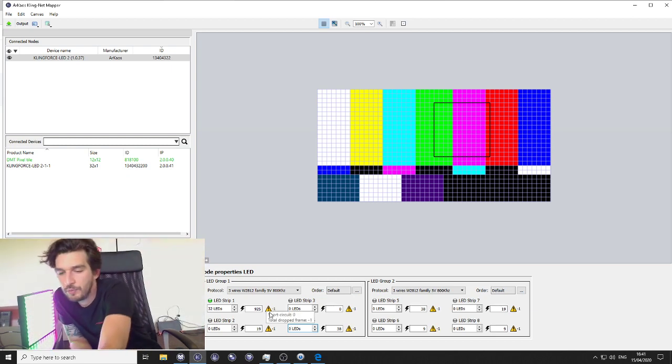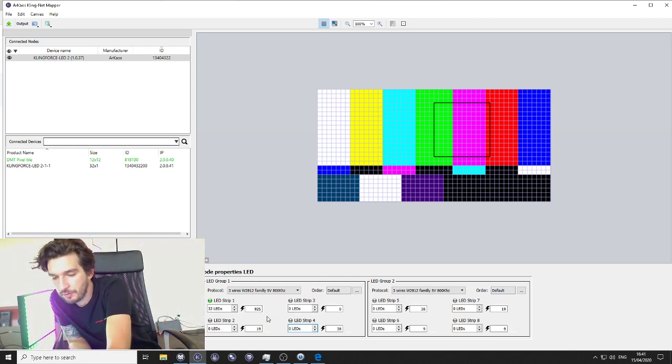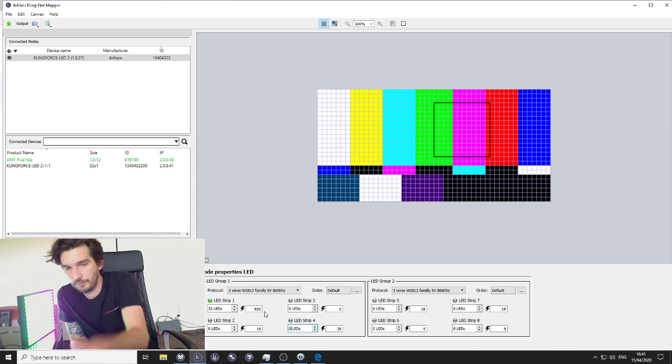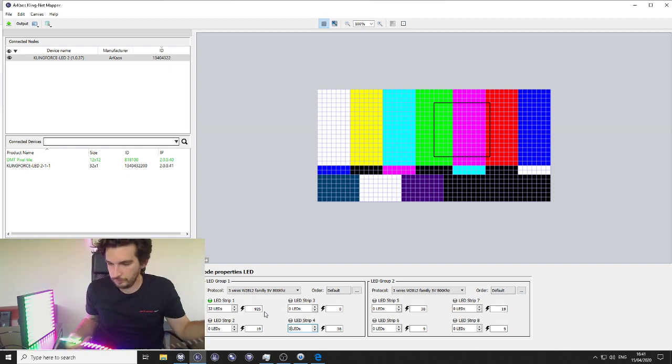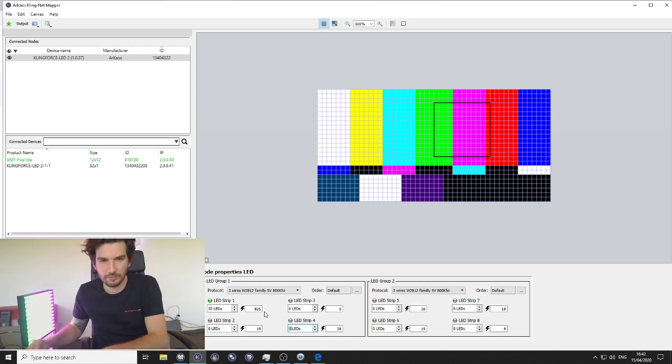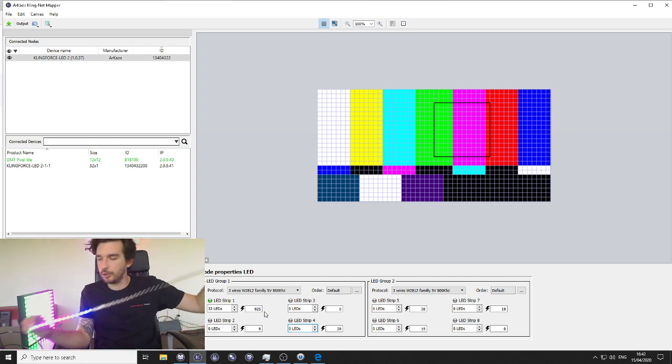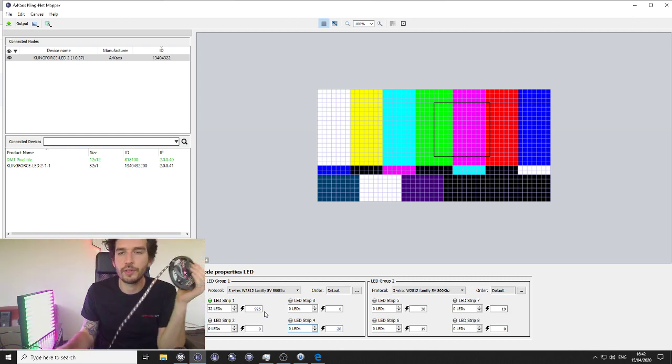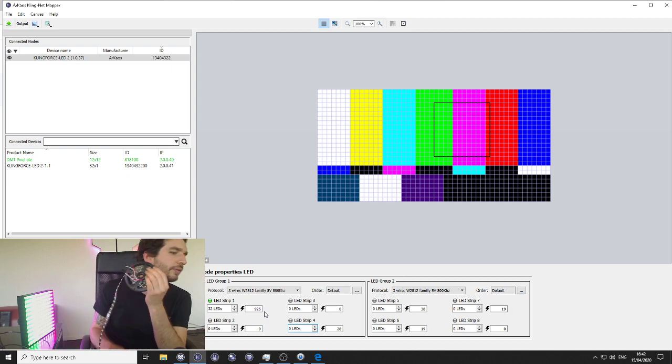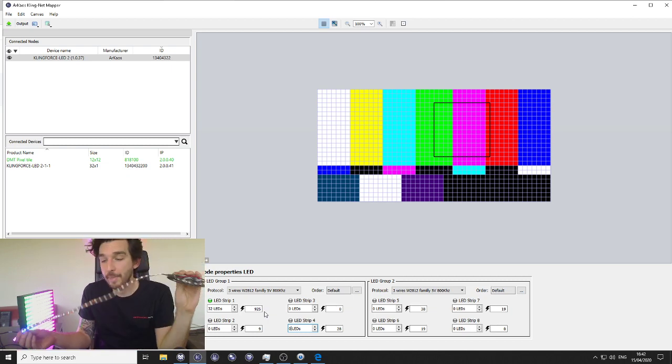I'm going to try to give you a better shot of the tape. Okay, that won't be possible. Anyhow, by default, I have 32 LEDs set on my output.